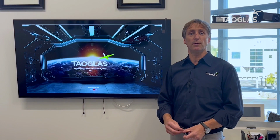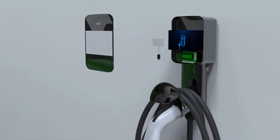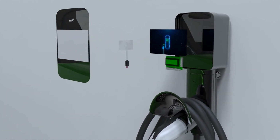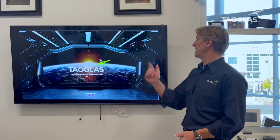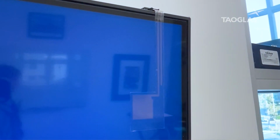also on any display. So if you want to put an antenna on a digital signage application, or maybe on a parking meter, for example, you can simply install the antenna directly on the display. For example, I have one here on my TV, and rarely when I do a presentation does anybody even notice